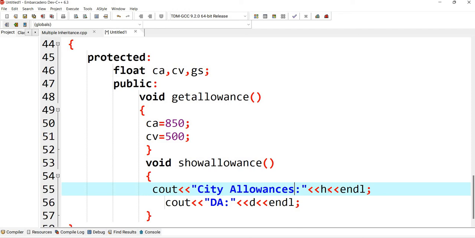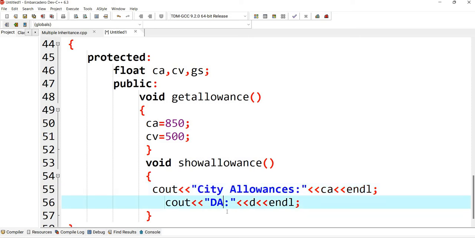So we'll display here city allowances. Second one is conveyance. So conveyance is your CV. Okay.